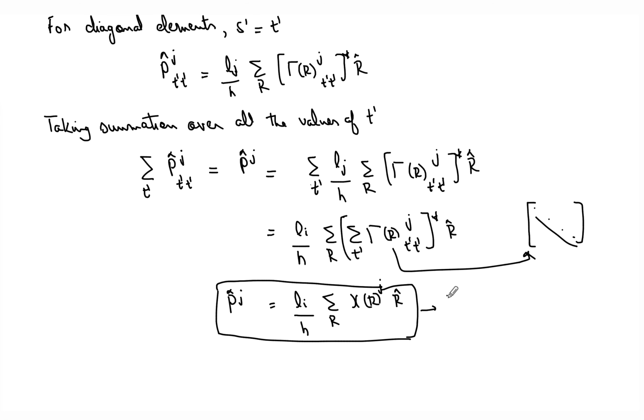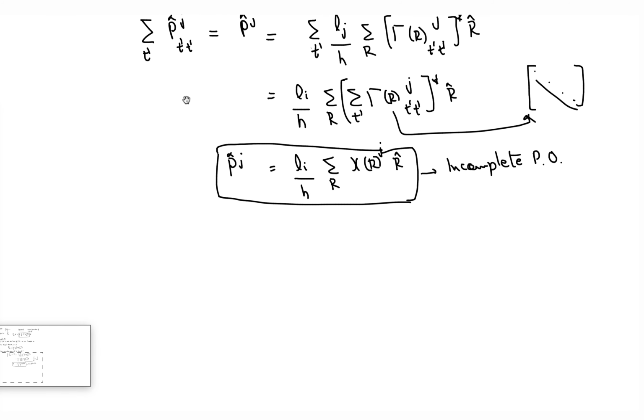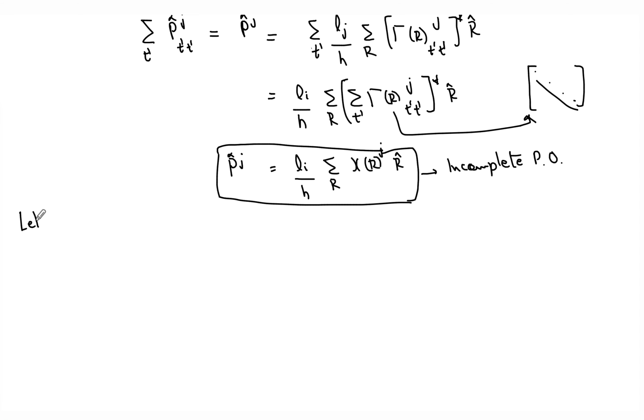Okay, so this is the incomplete projection operator. So now that is easy, because now we don't have to worry about all the matrix elements that we were multiplying, as we saw in the last example. Let us take the same example and see if we get the same result using the incomplete projection operator or not. So let us now apply